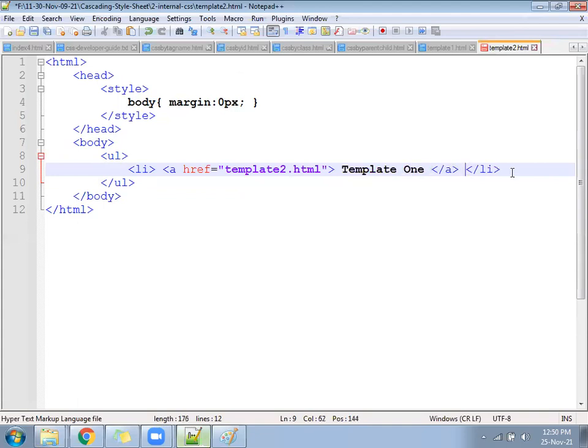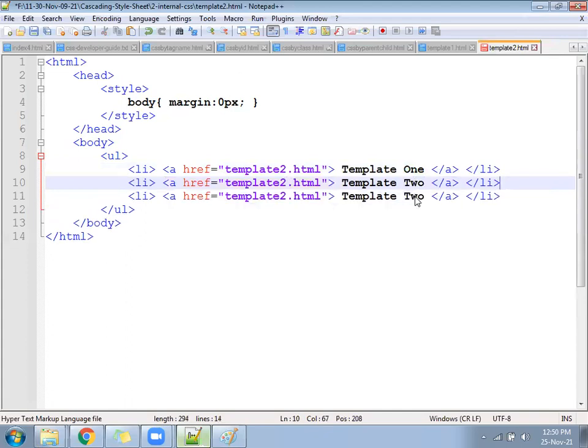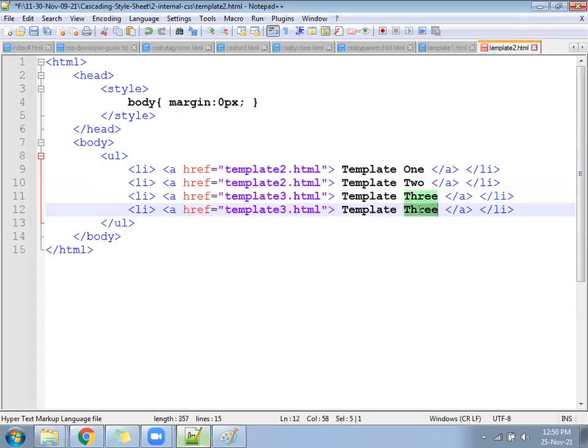Keep one more line here, template2. One more line, template3. One more line, template4. Save till here.